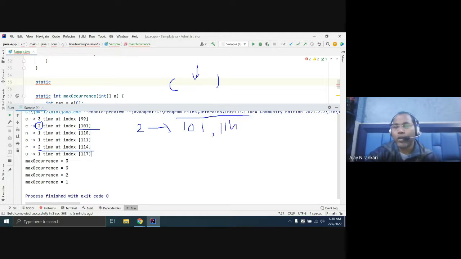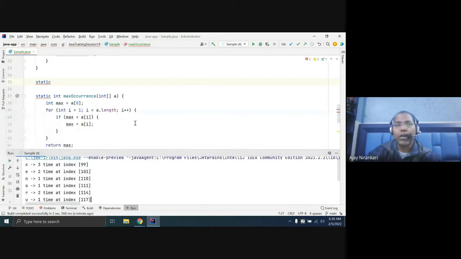So whenever you want to return 2 values, you must need an array, right? So your method should return an array of indexes, not one value. So let us write a method that will return an array of indexes. So the return type should be int array, and get all indexes of a given value of a. Given value. Okay, so we are receiving any max value.